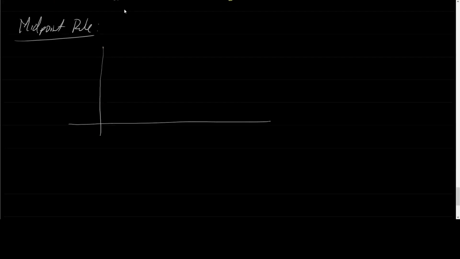If I had this curve, right? And again, we're trying to figure out stuff from, well, let's exaggerate that curve a little bit. There we go. From A to B, right? What we can do is, for example, let's split this. Let's look at this first interval, right? And in here, this is going this way, and all the way up there. Now, clearly, the lower estimate would be using this point over here. The upper estimate would be using this point over here. But for the midpoint, what we can do is use the value right in the middle of that interval to build our rectangle,